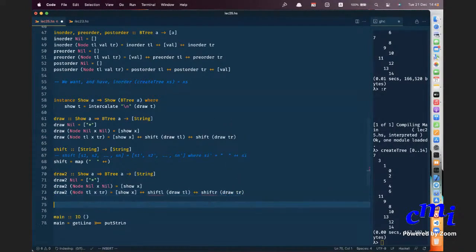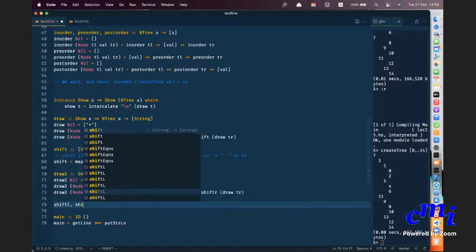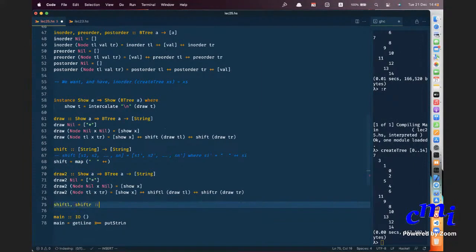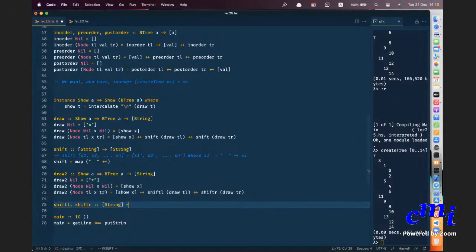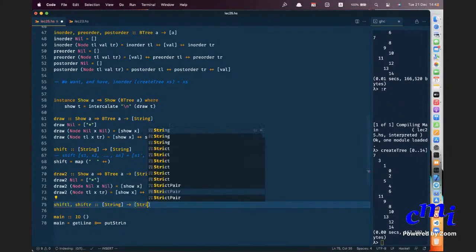Now shiftL and shiftR are like earlier, going from a list of strings to a string.